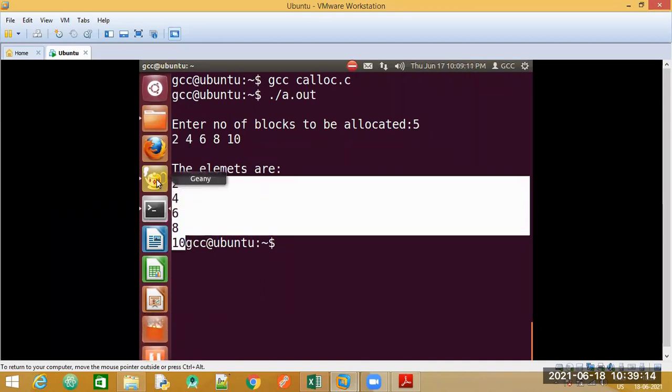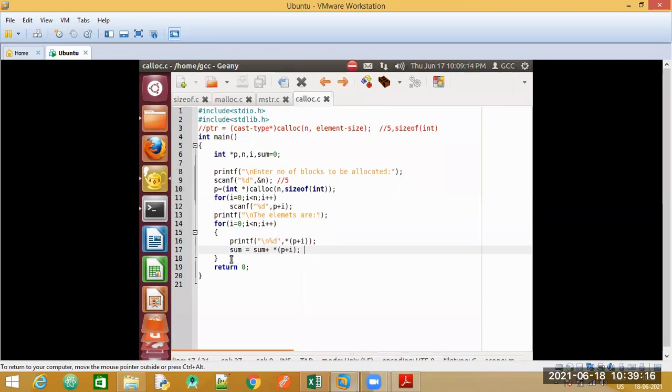So which statement are we missing now? Printf statement. Correct. We have not printed the sum. So we will say let the sum be.